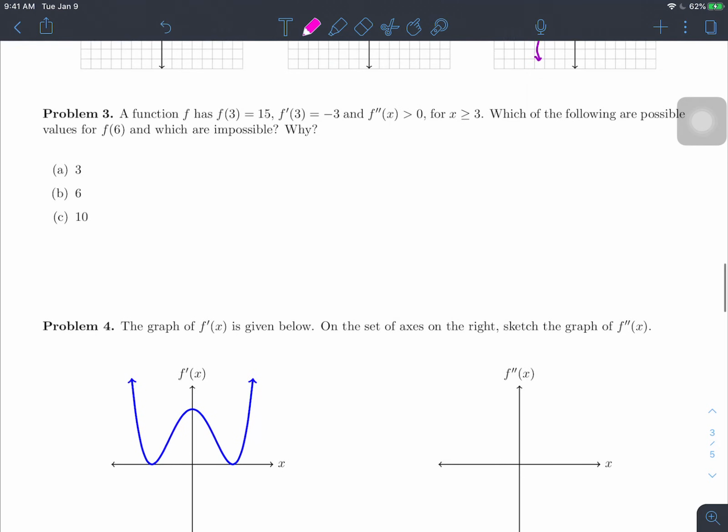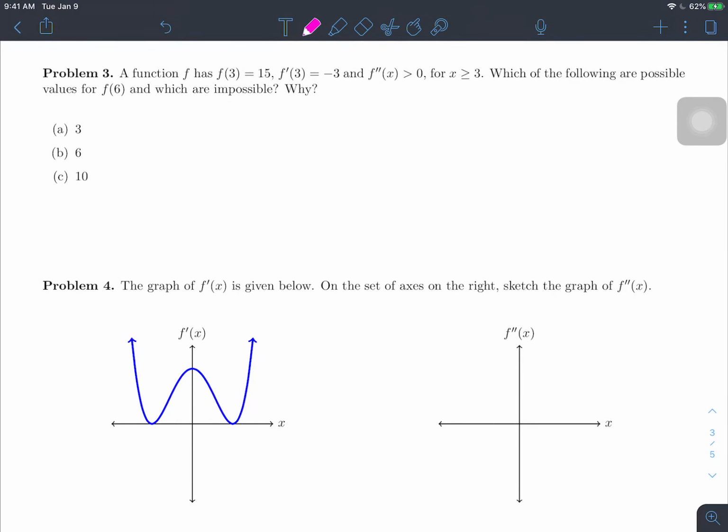Okay, so problem number 3. We have a function f with f of 3 equals 15, f prime of 3 equals negative 3, and f double prime of x larger than 0. In other words, we're concave up for all x values larger than 3. Okay, so let's draw a graph. If this is 3, f of 3 is 15. To the right of this red line, we're concave up. And the slope of the tangent line at this point